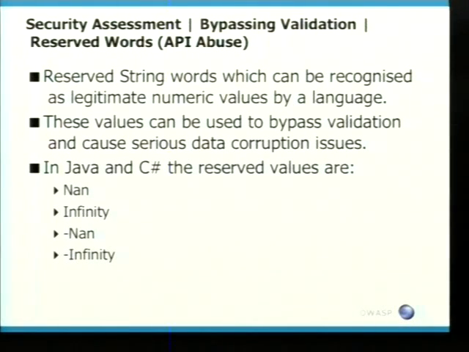In the paper that Adam and everybody else created, there was a section on API abuse. And within Java and C#, there are a whole lot of reserved string words, which can be quite useful to penetration testers out there. These can be used to bypass validation routines and also cause serious data corruption issues. One of the premises for having a bank